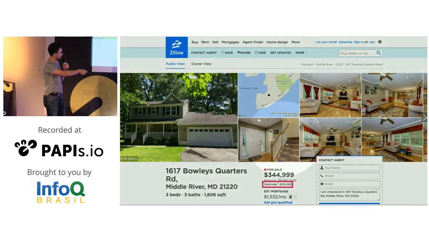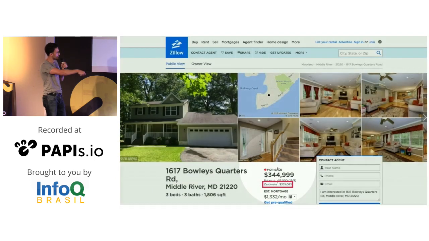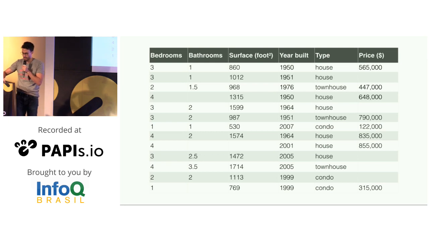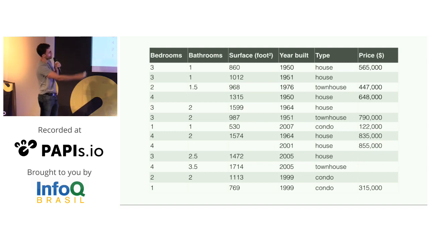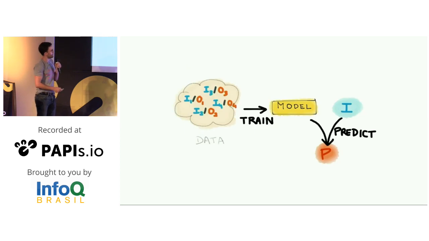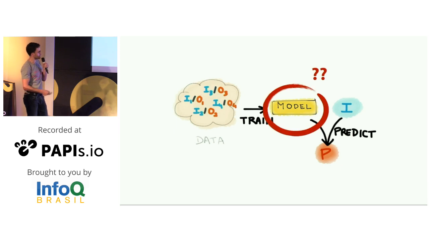Zestimate, it tells you, in this case, it's pretty similar to the asking price. And the problem associated to that is a regression one. You try to predict the price. So imagine that in this data, each row is a real estate property. Each column is an aspect of this property. What you try to predict is the price column. So that's what machine learning does. It fills in these missing values. And this is the general idea, training a model and then predicting with a model.